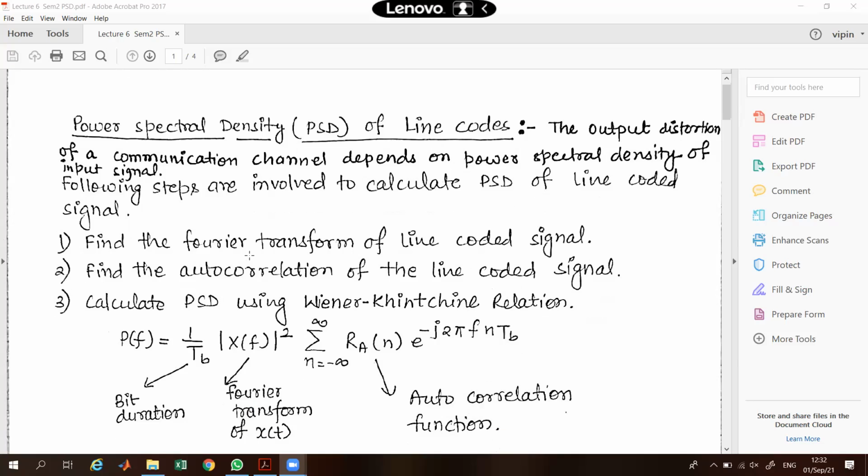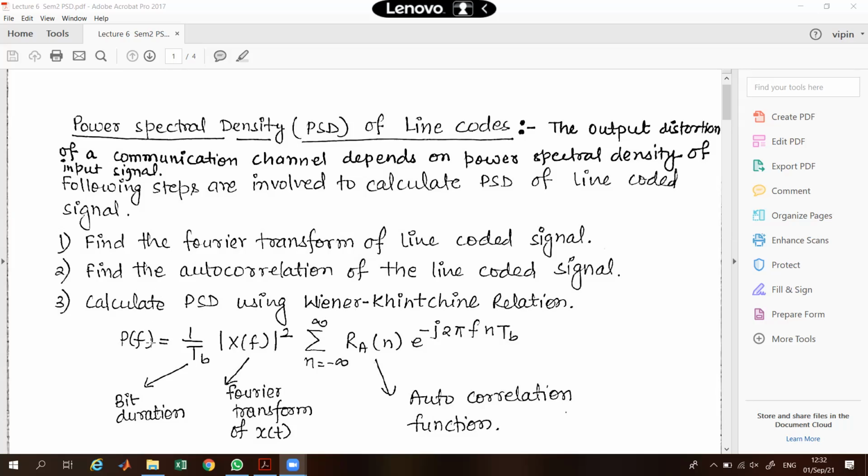First one is to find the Fourier transform of the line coded signal. And Fourier transform has been done by us extensively in Signal Processing 2. Second, we have to find the autocorrelation of the line coded signal. And third one is to calculate power spectral density using the Wiener-Khinchin relation, named after the person who discovered it, which